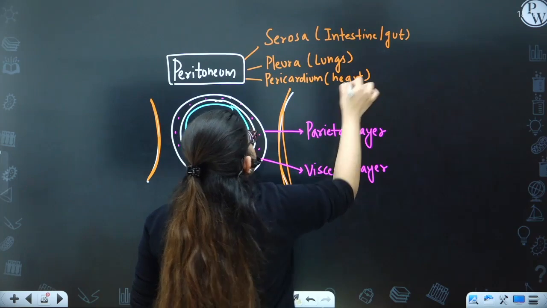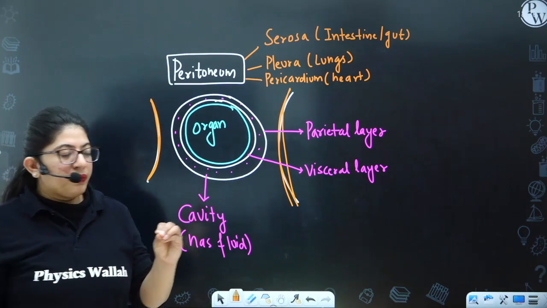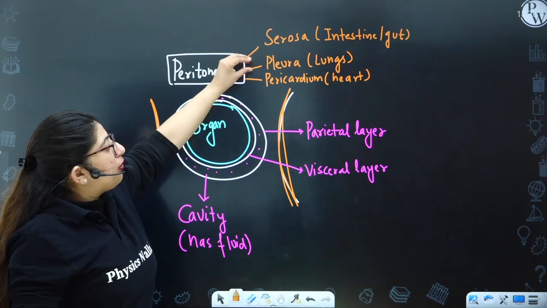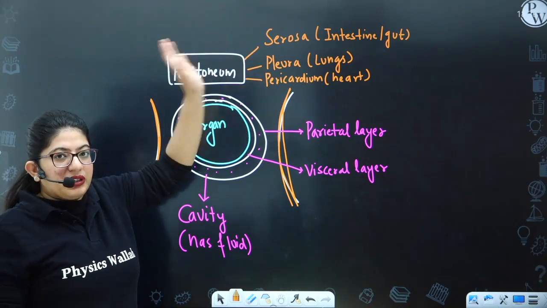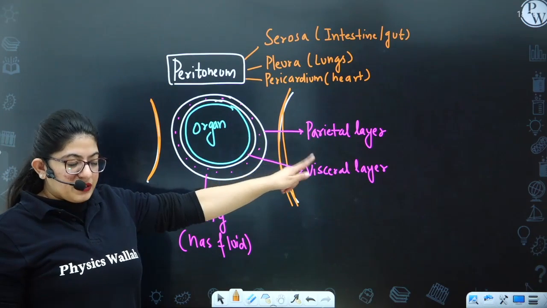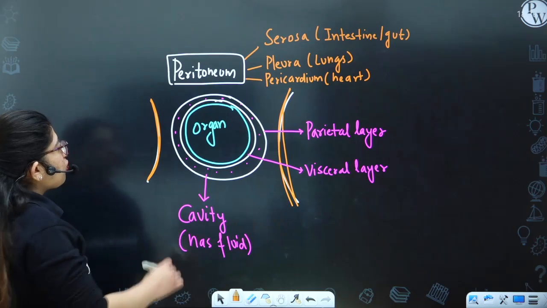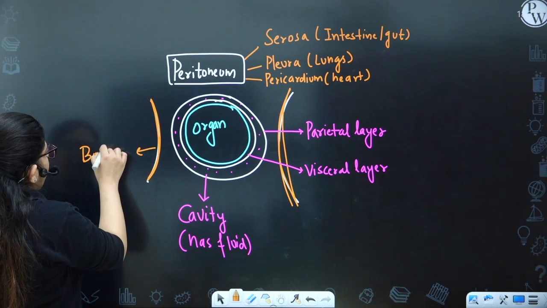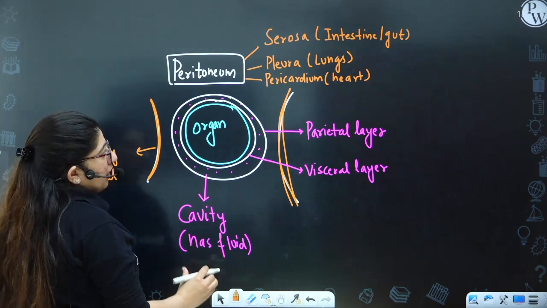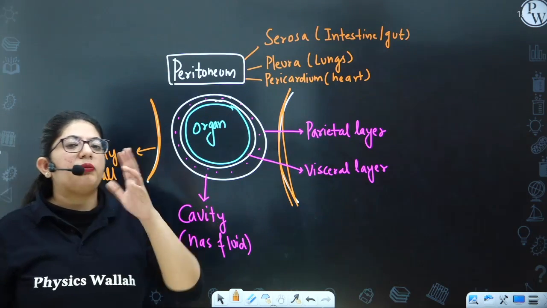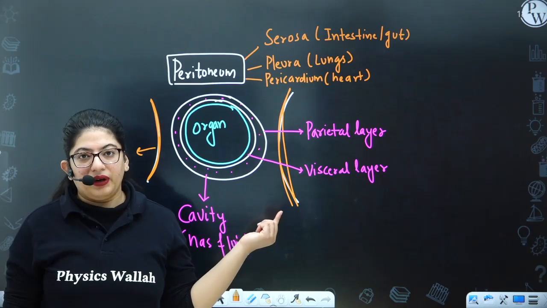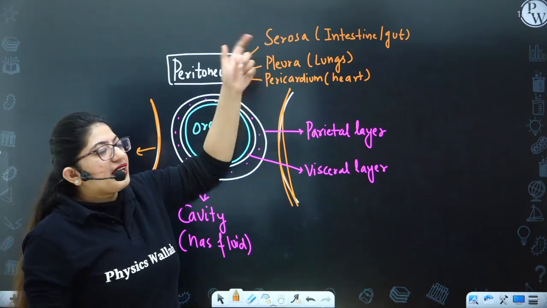So peritoneum is a double layered structure, which is present on your vital organs like your serosa in the gut, pleura in the lungs, or pericardium in the heart, right? Its one layer is towards the organ, that's the visceral layer. Then the one which is present towards body wall is the parietal layer. Inside it is a cavity with a fluid. So if I'm talking about pleura, the fluid will be pleural fluid, right? If it is the heart, it is a pericardial fluid. All right. So in the intestine, it is single layered.